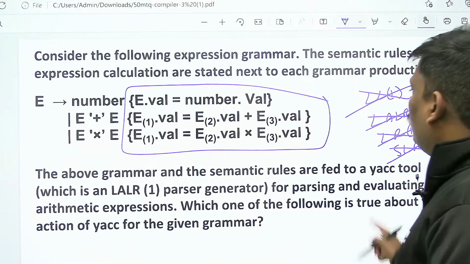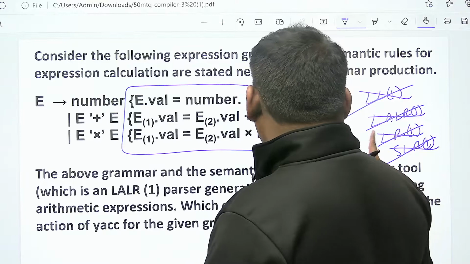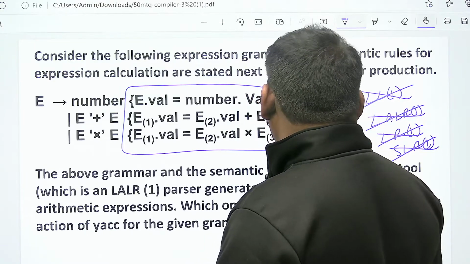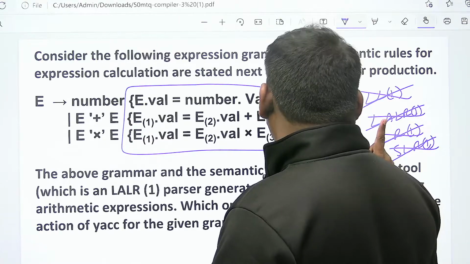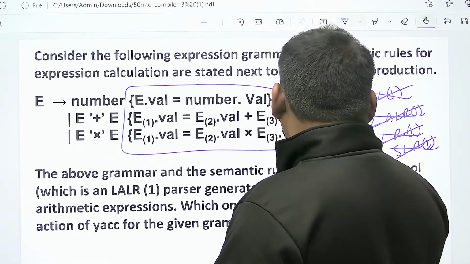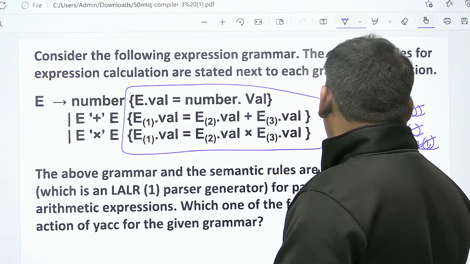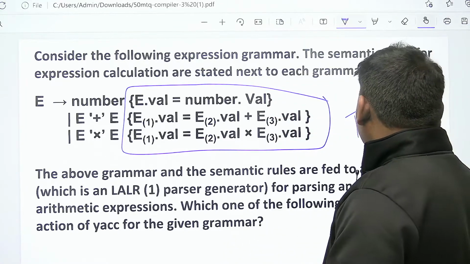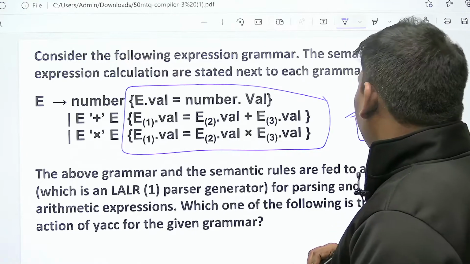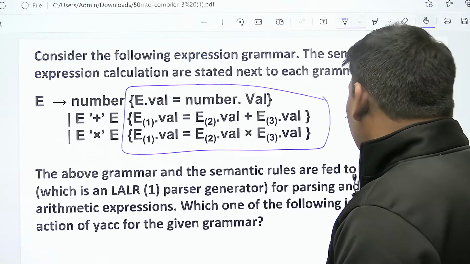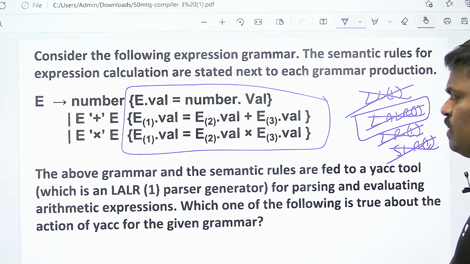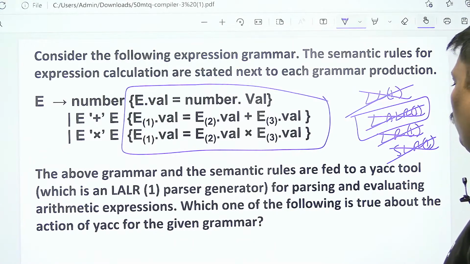Now anyhow, we are not talking about all these things. Among all LR parsers, LR1 is powerful, but it is costly also. The practically used LR parser is LALR1. This problem is talking about LALR1 only. Now see what it says: the above grammar and the semantic actions are fed to an ACT tool, which is an LALR1